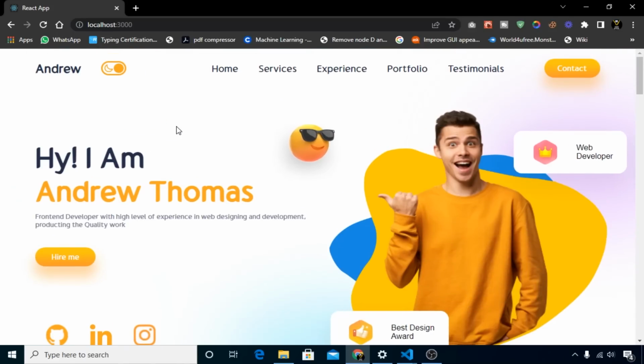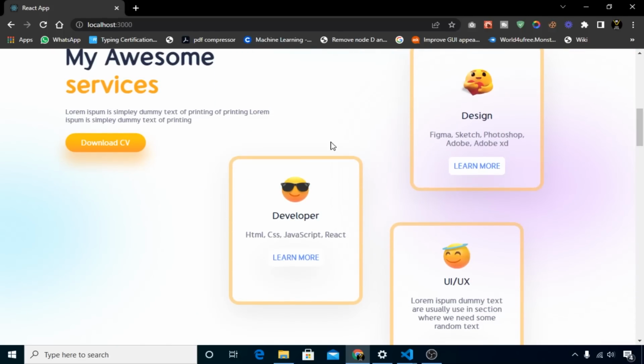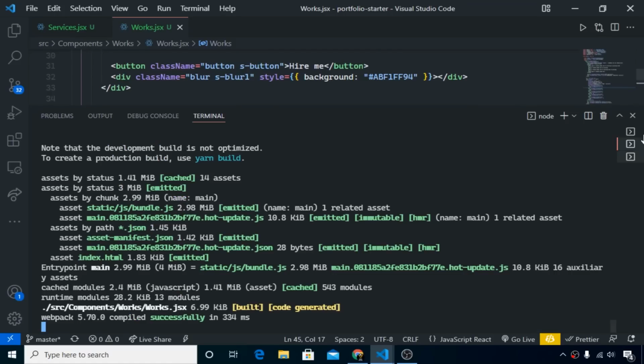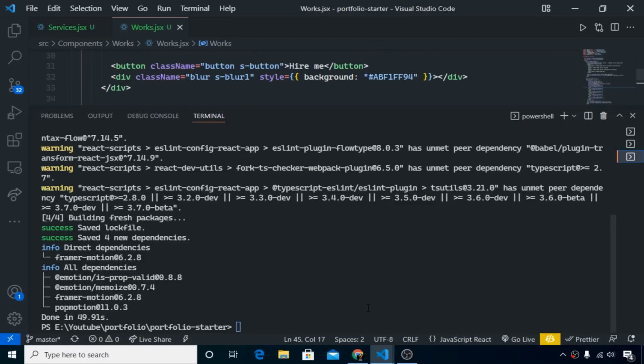Okay, so let's move to the smooth scrolling. When I click on these sections, the page should move towards the section. For example, if I click on services, then the page should move towards this services section. So how will I do this? Let's see. To add the scrolling effect, I am installing another library. So here in the terminal, I am writing